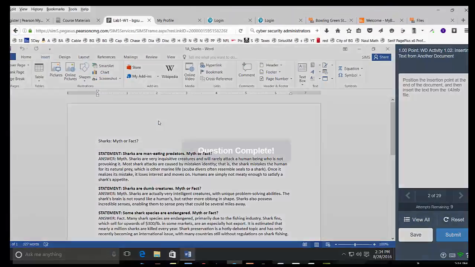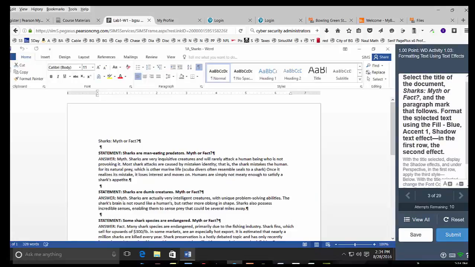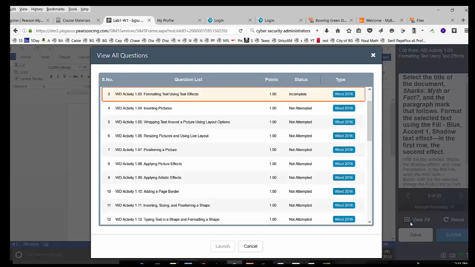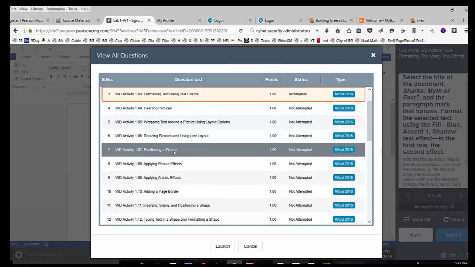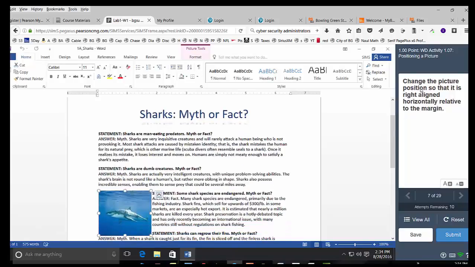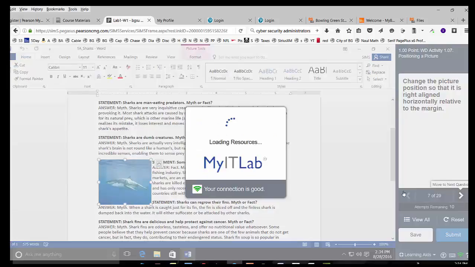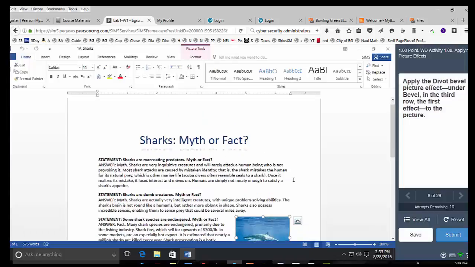So I'm going to double click and open up that file, and now it's in there, and task number 2 is now complete. I see for the next task that I have to type in a bit of stuff here, so I'm going to skip ahead to question number 7, and launch it or double click on it. It tells me to change the picture position so that it is right aligned horizontally relative to the margin. So I look at this picture right there and I'm not sure exactly where they want me to put that picture. So I'm going to skip ahead to the next question, question number 8,